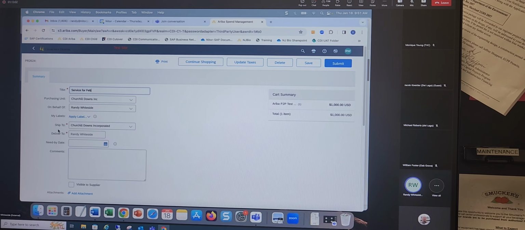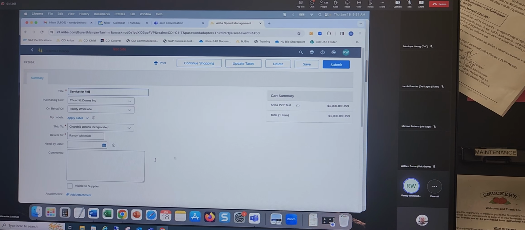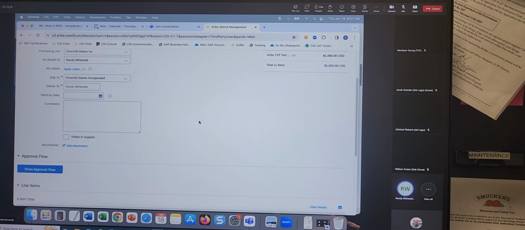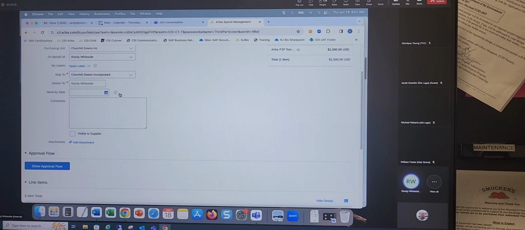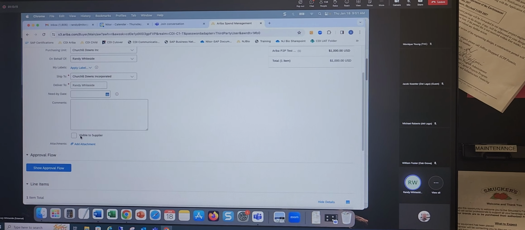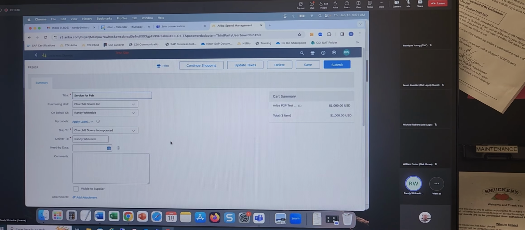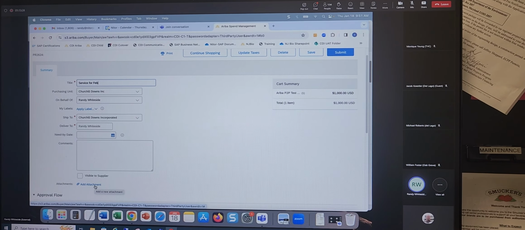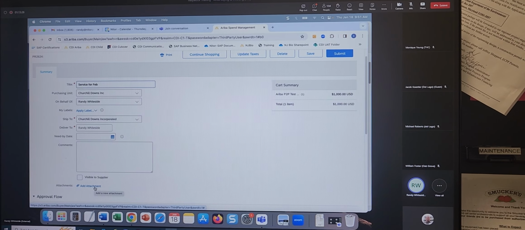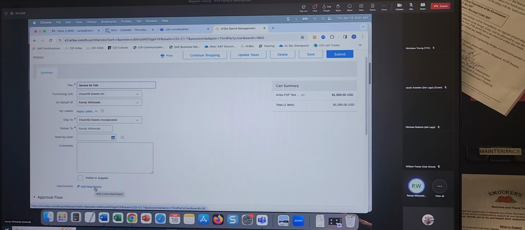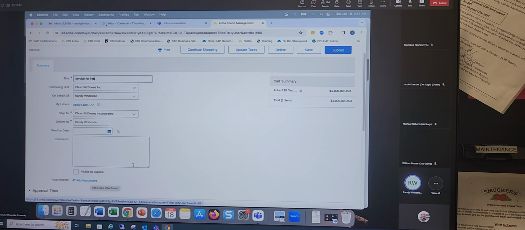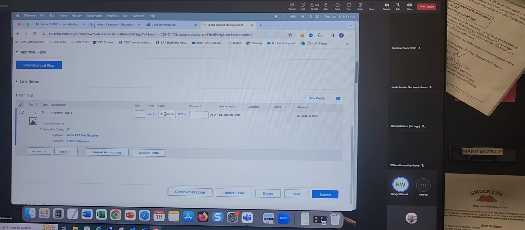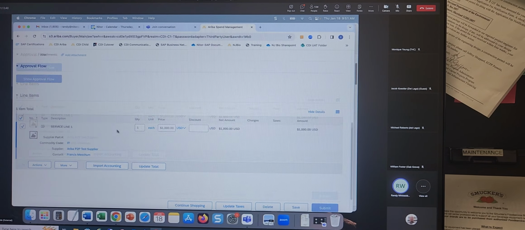Our purchasing unit, again, that's the property. On behalf of, ship to, deliver to, need by date. Some of these fields may not be applicable, so if, for example, need by date, you can just leave that blank if need be. Comments, and then especially with services, this is where you would want to add an attachment, which would be that quote or that proposal. And when this goes to the purchasing manager, they can work with the quote and the supplier before they approve it. So if I scroll down here, you'll see that we've got $1,000 service, and I click